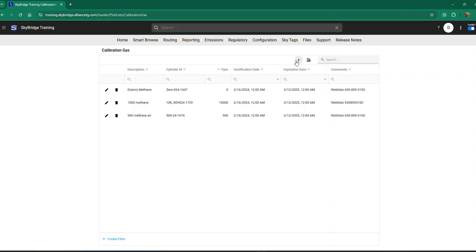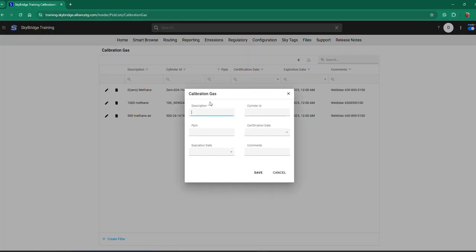So I'll go hit the add button here, and if you hover over it, it'll tell you add new row. So add, and this one is going to be 2,000 methane. So the description is I'll just put 2K methane, and then I'll put the cylinder ID. And one note here, I want to make sure,